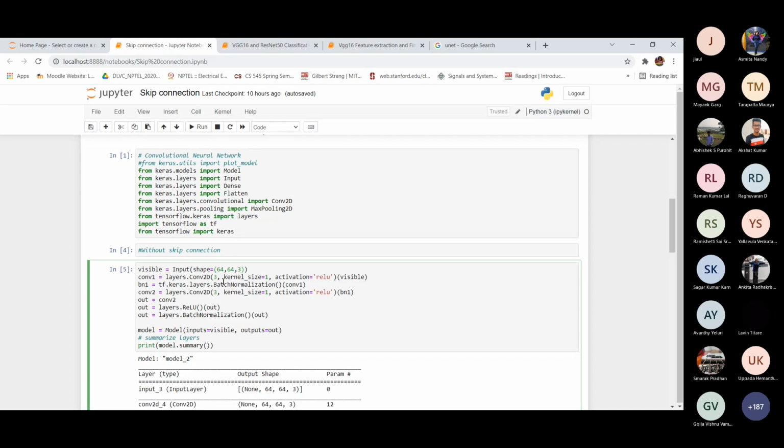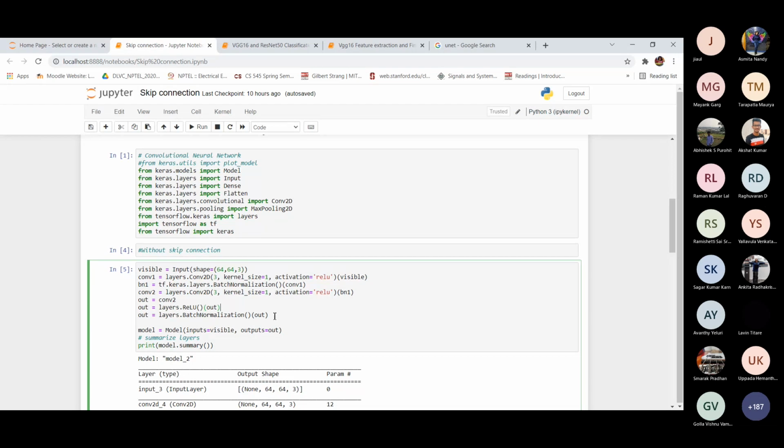Our convolution layer has 3 filters, the kernel size I have taken is 1, and the activation function is ReLU. We are also using batch normalization in this layer.